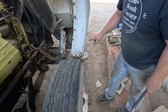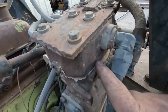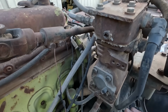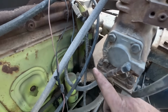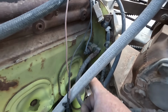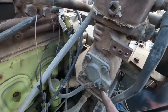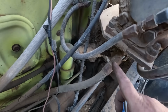There, bodywork done. Here is our air compressor to run the air brakes and such. Now it looks like it's had some maintenance done to it, so I'm assuming it works fine. But I've got to figure out how it hooks up. I've got a line here, and that goes to a pressure sensor on the block. So that's probably an oil feed line that feeds oil into the crankshaft bearings there, which means that's probably a